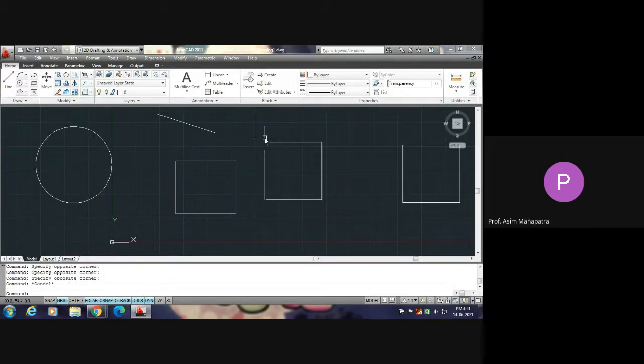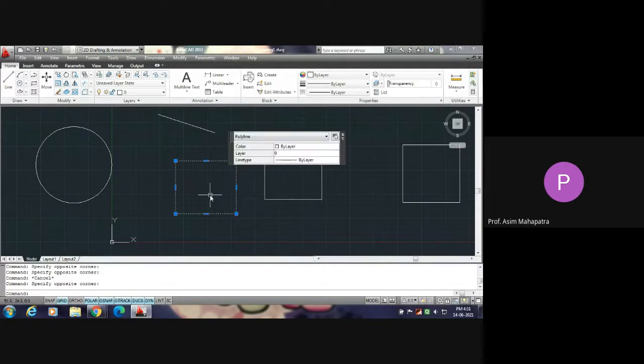Now, for the cross window, I am drawing the cross window from right to left. This is the cross window, green color. The entity is partially within the cross window. Now you see what happens. The full rectangle is selected because that is the characteristic of the cross window.